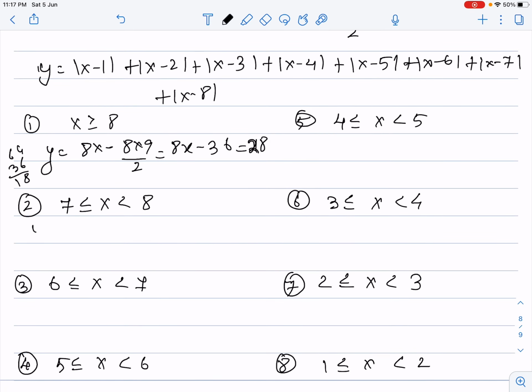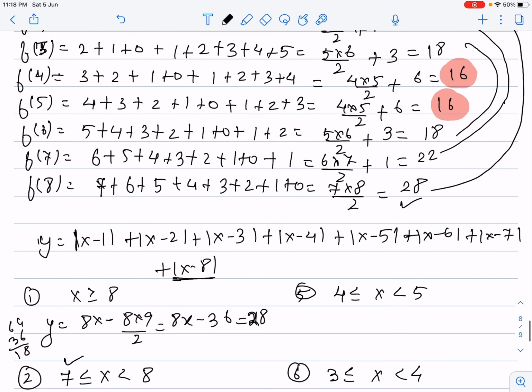Now I will be writing y is equal to the first mod, and the last mod. We will open with the positive sign for the last one, the negative sign for the rest, and everything else will be opening with the positive sign. So 7x minus 7 into 8 by 2, and the last thing I will be writing is minus x plus 8. That means 6x will be there, and 28 minus 28 plus 8, that is minus 20, and x is 7 as you know, so 42 minus 20, that is 22 will be the result.